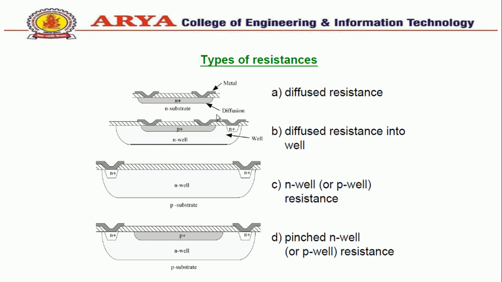So well layers offer a specific resistance that is larger than P plus and N plus diffusion. Therefore they are preferred when designing a large resistor. Figure C shows the basic structure of a well resistor. Here we note that we have two highly doped diffusions that ensure ohmic contact at the terminals. Moreover, the insulation of the resistors from their surrounding is achieved by the reversely biased diode